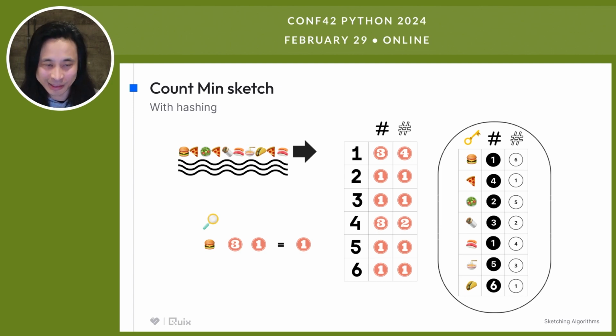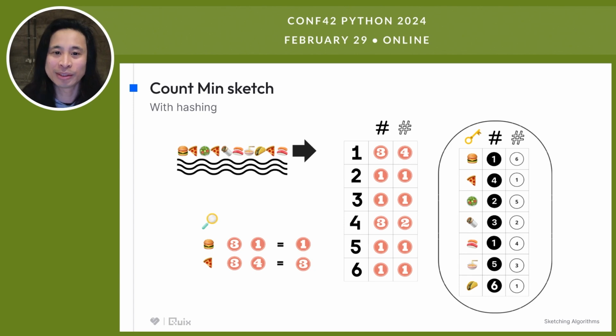So let's say at the 10th item mark, we want to query this data structure. We want to get an approximation for the count of burgers. We look there on the right, we see the hash representation is 1 and 6. So we look into our data structure in the middle, and we get the counts of 3 and 1. Now, you probably figured out why this sketch is called count min, because we take the minimum value of the obtained counts. So out of 3 and 1, the smaller number is 1. So we have our approximation of a count of 1 for burgers, which in this case matches the exact count.